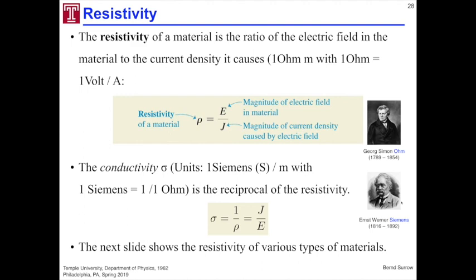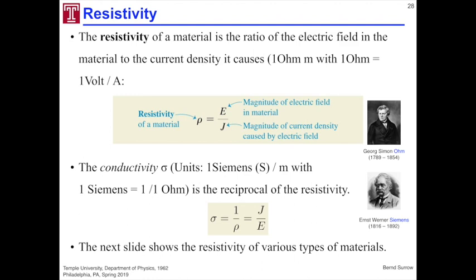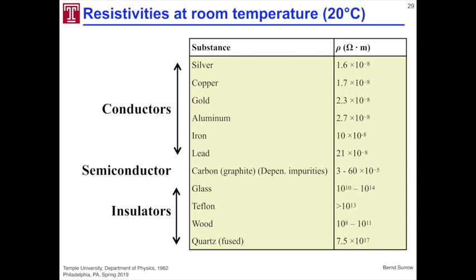Let me give you now a couple of examples for this resistivity in units of ohm meter for a couple of types of materials at 20 degrees Celsius: conductors, metallic material, semiconductors, and so-called insulator material. Silver has a very, very small resistivity, 1.6 times 10 to the minus 8 in these units, which is quite a bit different from, for example, lead or iron. So if you want to deal with material where you have very small resistivity, you better use silver,